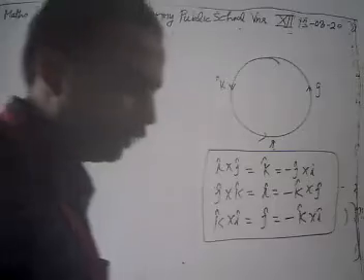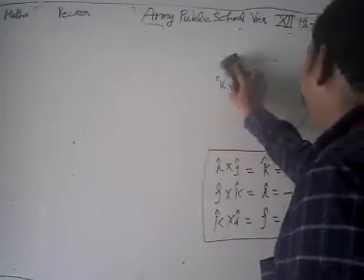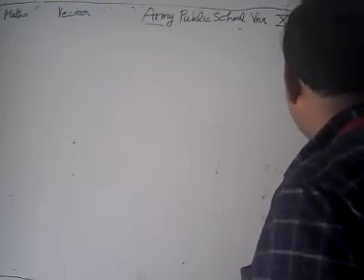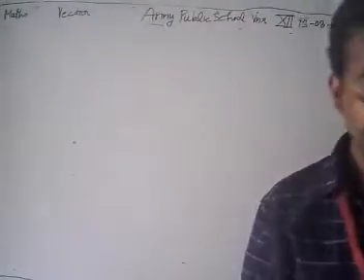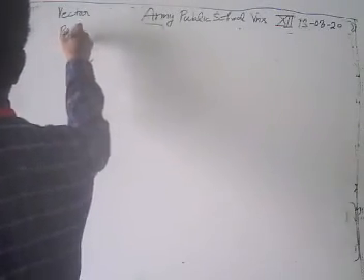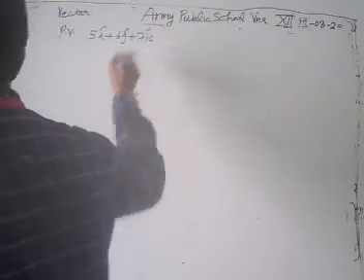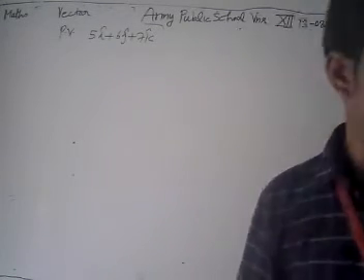We have done so many problems related to collinearity. We can also show that three points are collinear to each other by using the vector cross product. Suppose we have one of the problems: show that the points whose position vectors are 5 i cap plus 6 j cap plus 7 k cap,